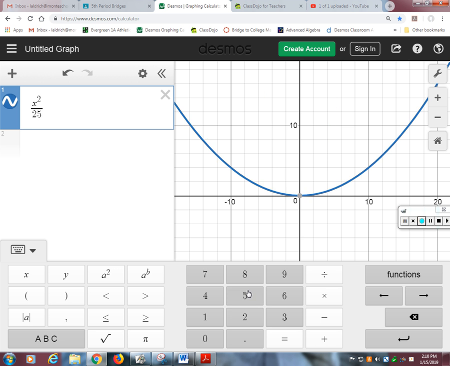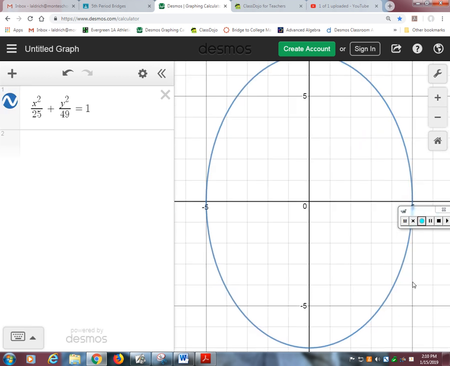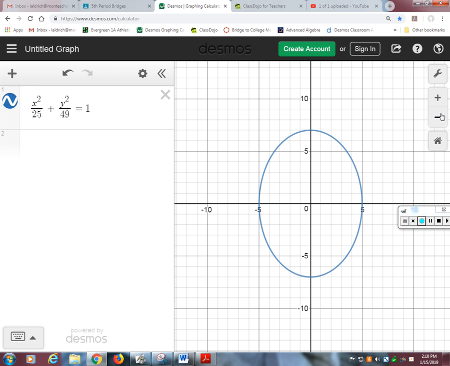X squared over 25 plus y squared over 49 equals 1. And then you would see that we would get the same thing, with just an x and a y. Your assignment is going to be asking you to make some graphs that look in a particular way, but then also to change the